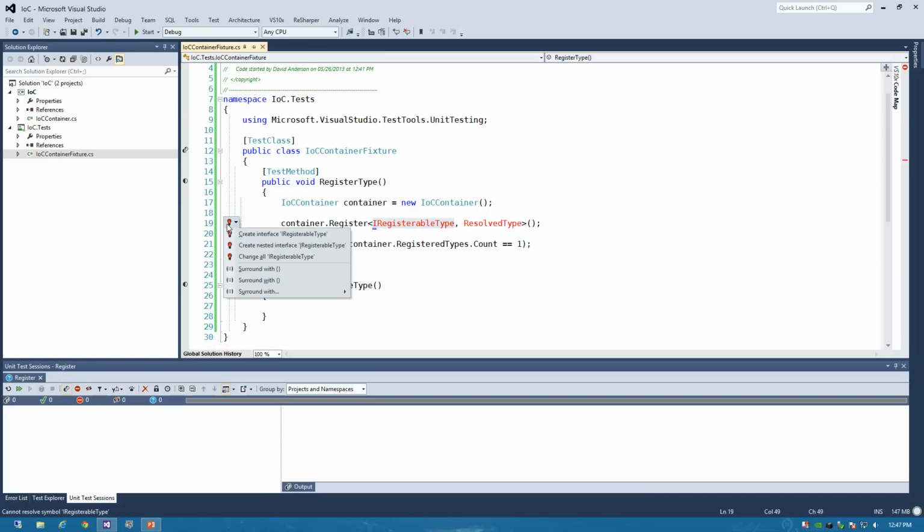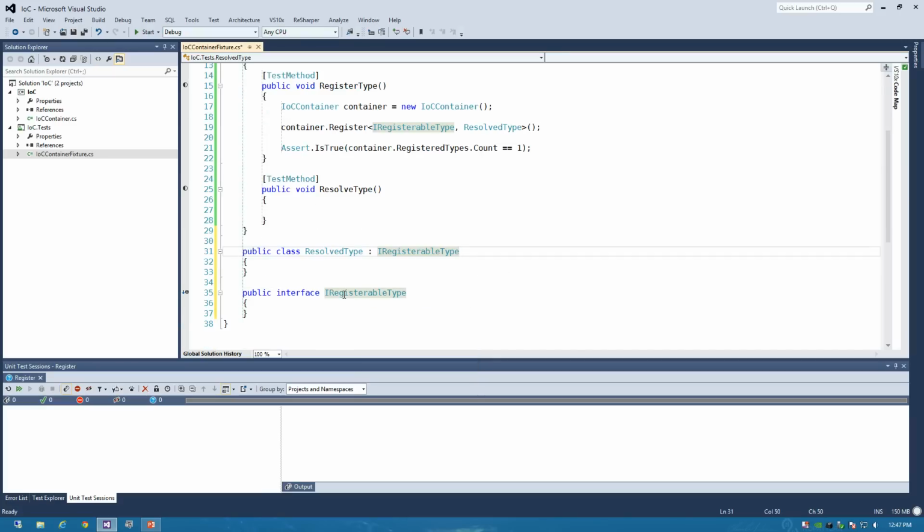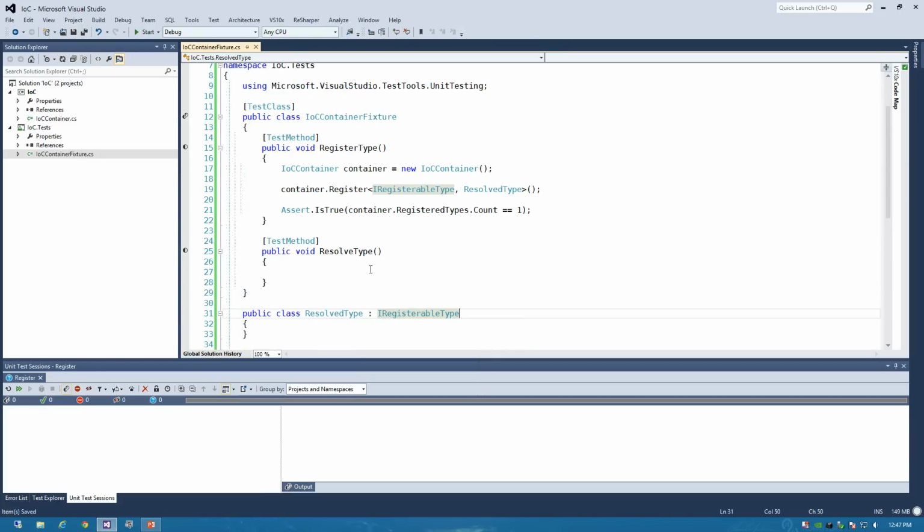So we're going to create these in our test library. So I'm going to create this IRegisterableType interface. I don't care that it necessarily has any contracts defined on it. And I'm also going to create this ResolvedType class, and it's going to implement IRegisterableType. So now our test should actually compile. But if I run the test,